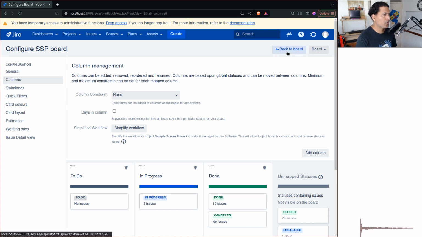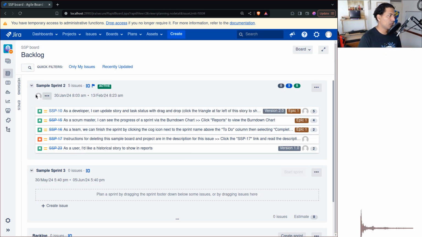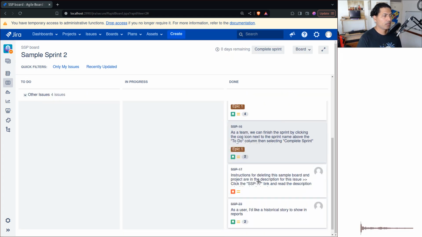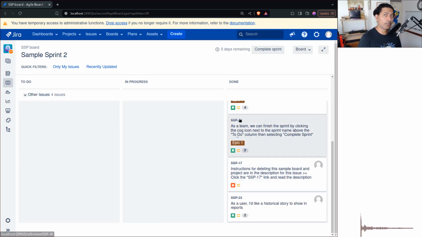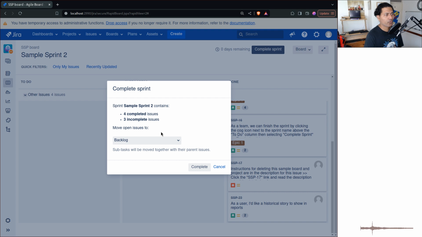Now the thing is, if you go back to your board and, let us say, close a sprint. In this case, I have this sprint where some of these issues are in a particular state that is not really the final state as per the board configuration, because only the states that are mapped to the last column, the rightmost column, will be considered as final, or complete. So in this case, for example, you may have 4 issues completed but 3 incomplete issues. Now these 3 incomplete issues could be cancelled issues that are not mapped to the last column, and when you move them to the next sprint, sprint 3,